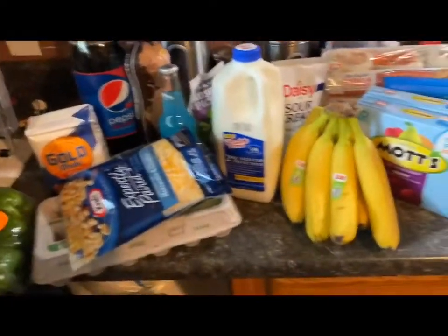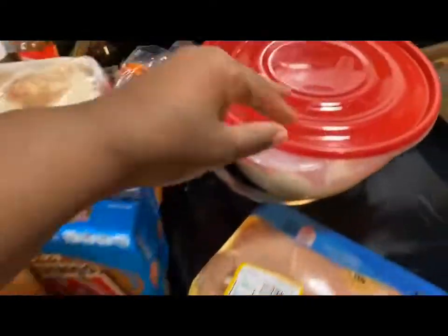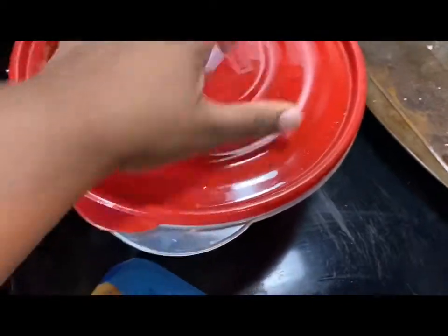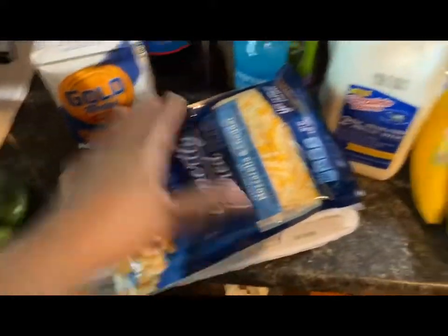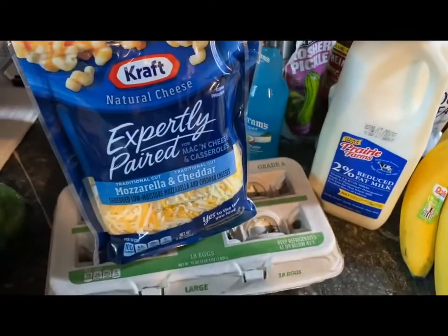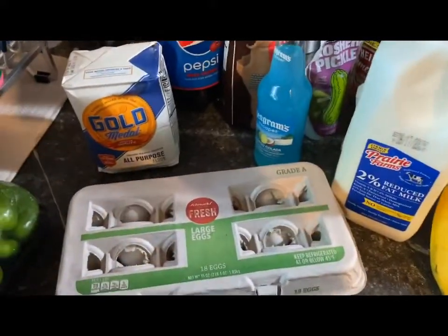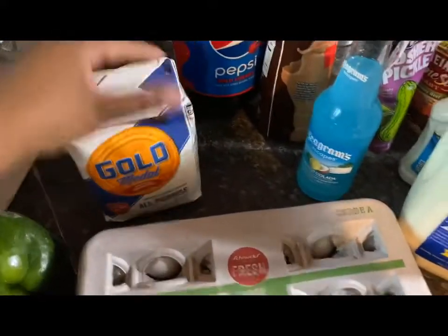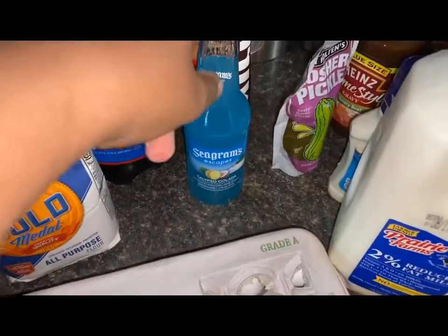So yeah, really quick, here's what I got from the grocery store. Like I told you guys, we are making our own KFC bowls. I'm done with the mashed potatoes right here. Got back home just in time for that. I picked up some bell peppers, some mozzarella and cheddar cheese. Got 2 bags of those because I'm going to be using this in a KFC bowl. We got some eggs, I believe it's 18 of those, some flour, a cherry Pepsi, some chocolate milk, Seagram's,